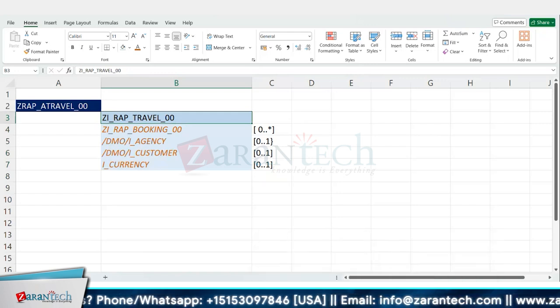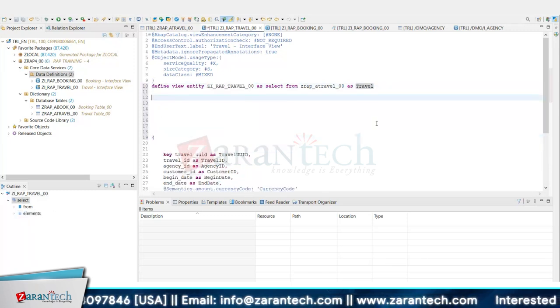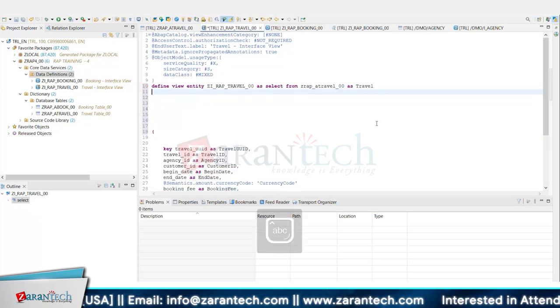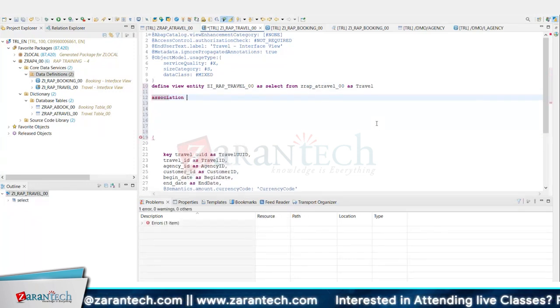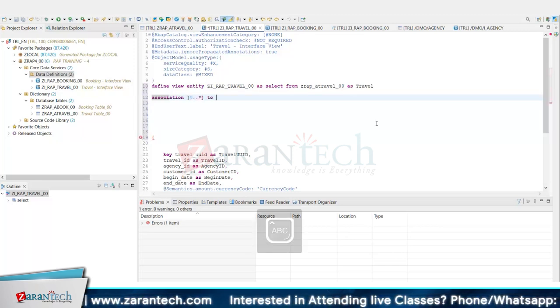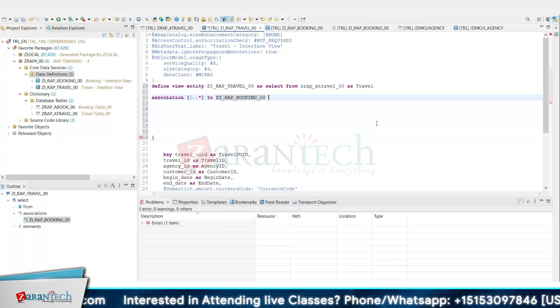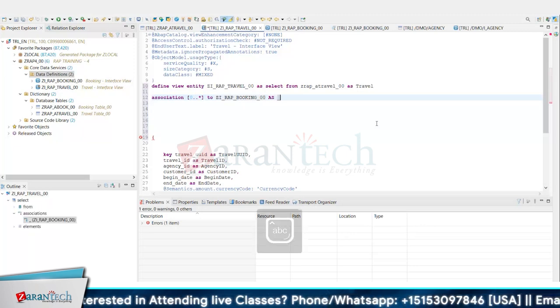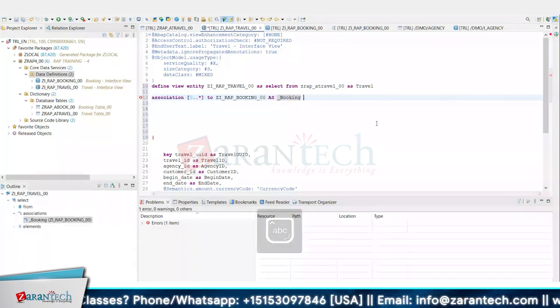Let us go to your application. So right now I am in the travel interface view. In the travel interface view, before you start the field selection, here you will write the associations. Let us write the association. All the associations we have identified. Association cardinality 0 to star for bookings, right? To your booking interface, JD underscore RAP underscore booking underscore 00. As associations always should have some alias name beginning with underscore, as underscore booking, condition, join condition, dollar